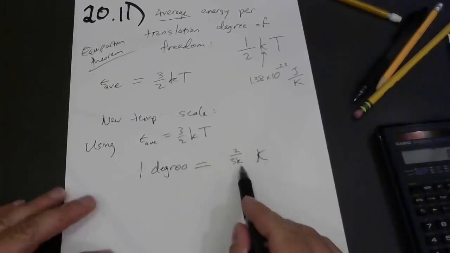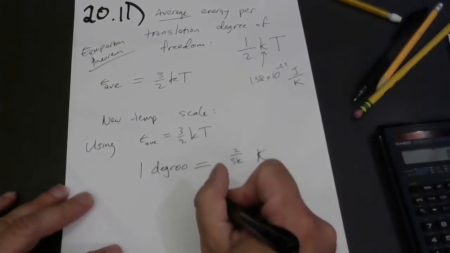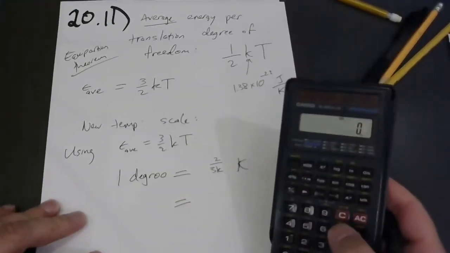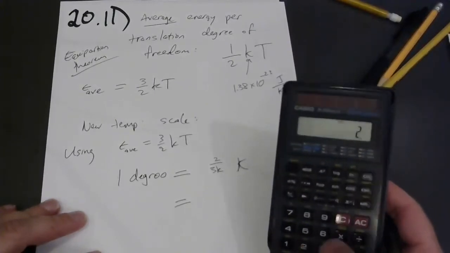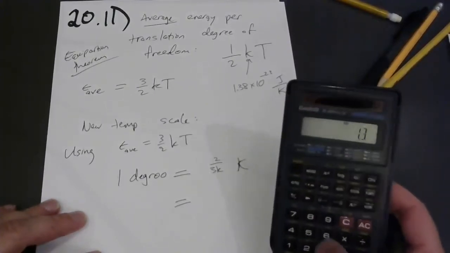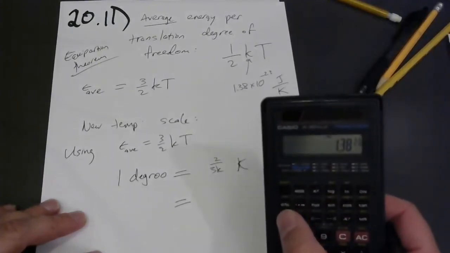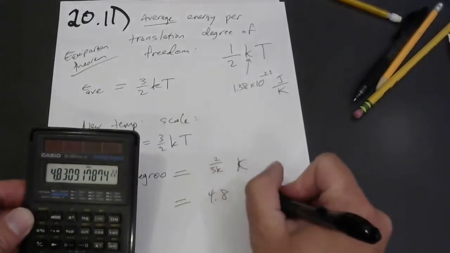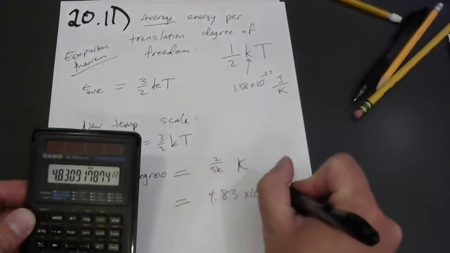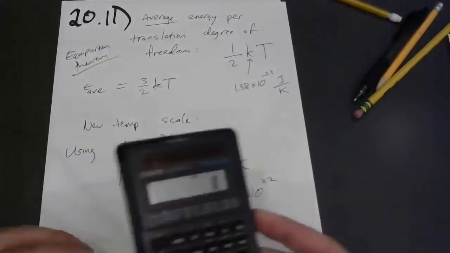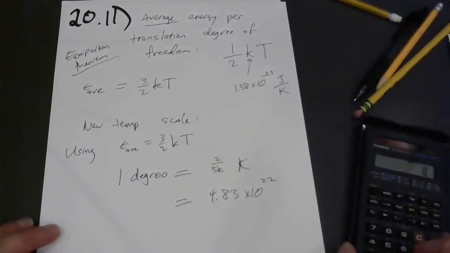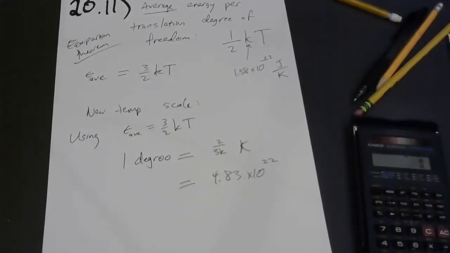That's a lowercase k for Boltzmann's constant. Okay, this is a little silly, but let me go ahead and calculate that. 2 divided by 3 divided by 1.38 times 10 to the negative 23rd. Okay, so it's a huge temperature in kelvins. 10 to the 22nd. Temperatures like that just don't exist on planet Earth, not by a long shot. I don't even think they exist at the center of the sun. But I chose this temperature scale because